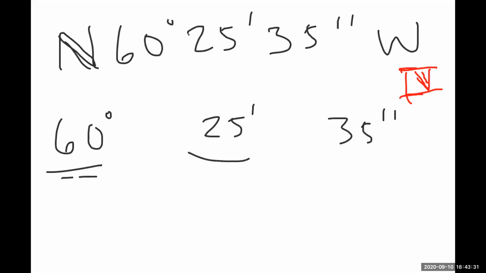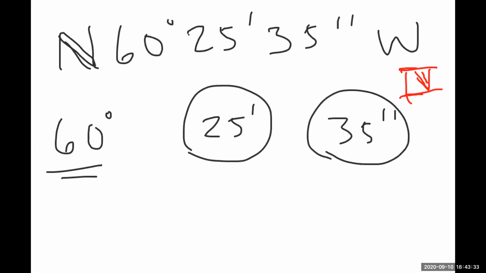I then need to get the minutes into degrees and the seconds into degrees. So if I have 25 minutes, to get it into degrees, I need to multiply by 1 degree per 60 minutes. So it's opposite. So we say 25 divided by 60 is